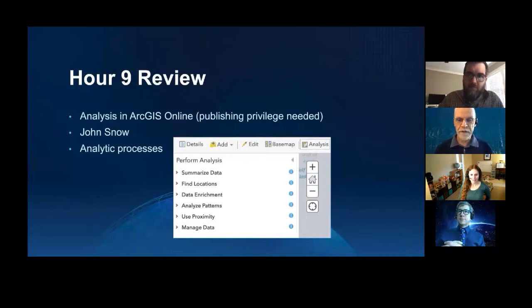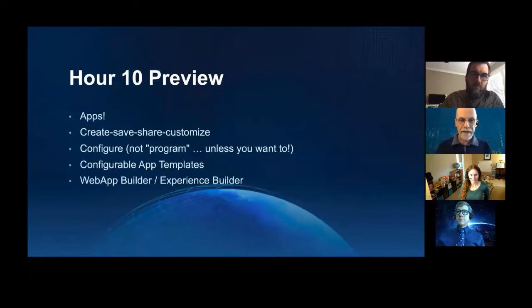That wonderful story of the Jon Snow situation, thinking geographically, that's the hard part of this. Thinking analytically is the essential part of using these analytical tools. And what you can do once you've finished working and preparing the data, that's what we get to look at